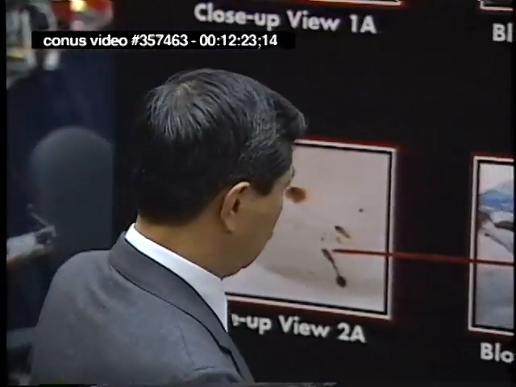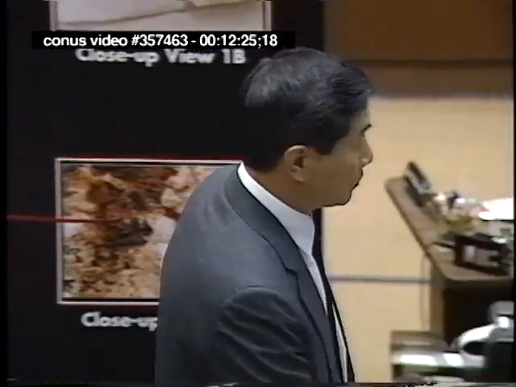And that imprint pattern, the ridges, are those consistent with the pattern given by a fingerprint in blood? Leading, Your Honor. Sustained. What is that consistent with,